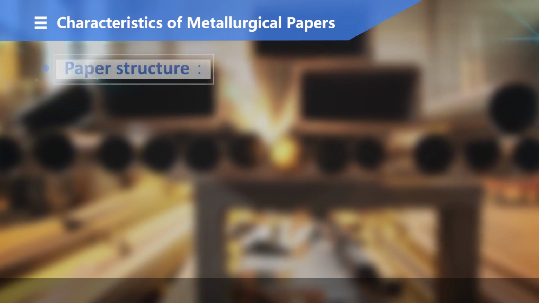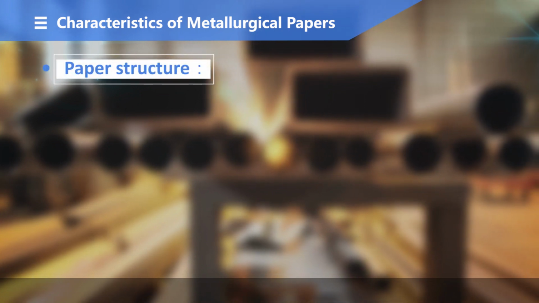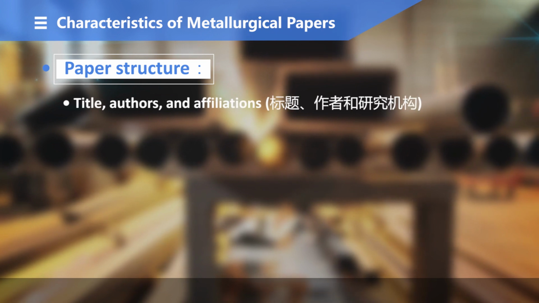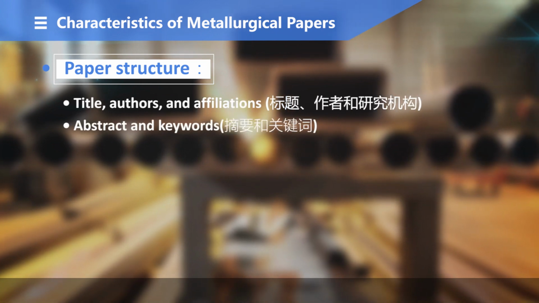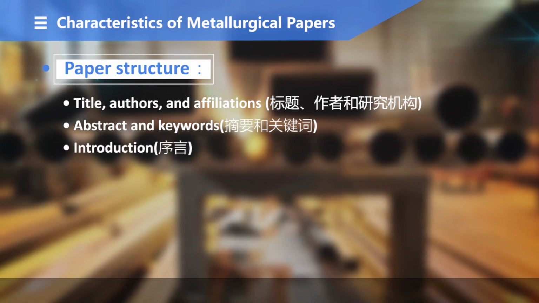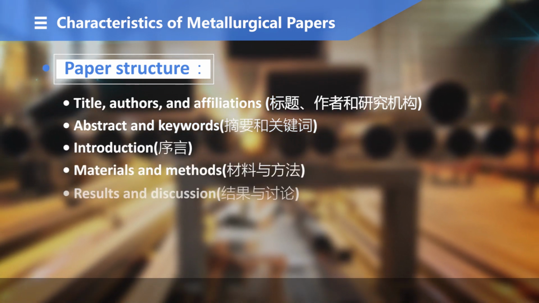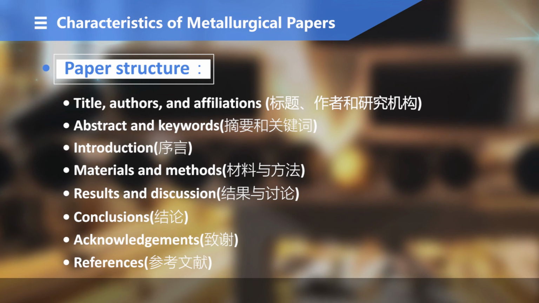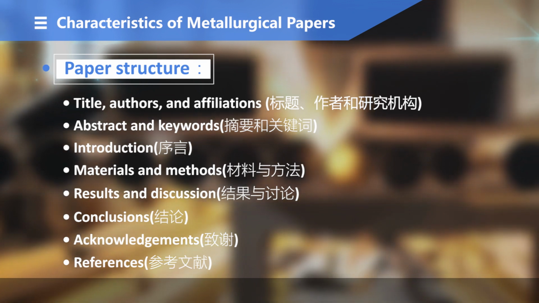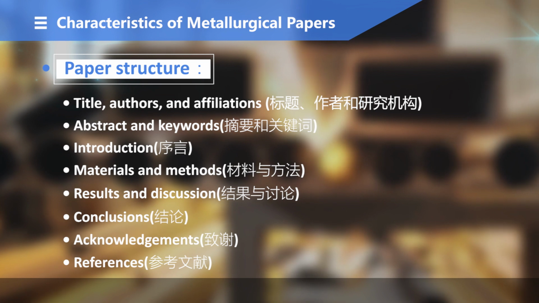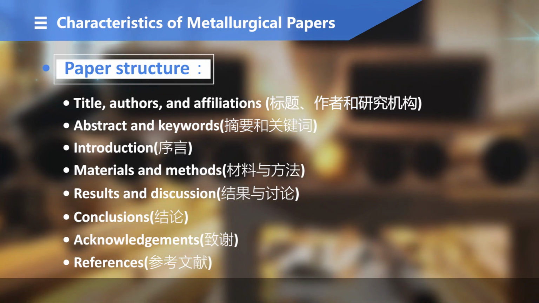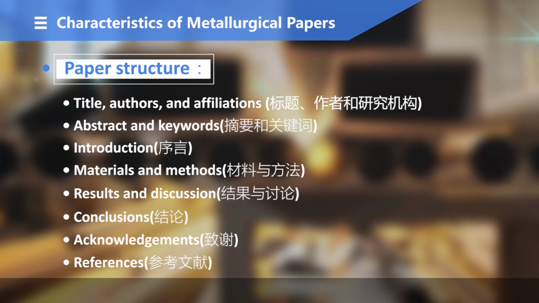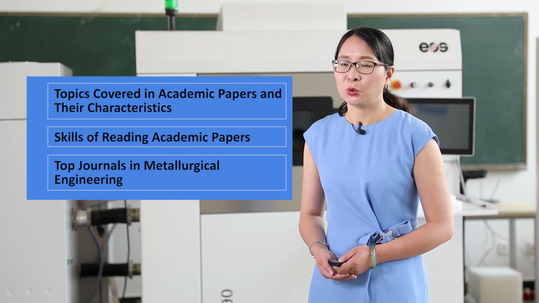Lastly, academic papers usually are written in a conventional writing style, including title, authors and affiliations, abstract and keywords, introduction, materials and methods, results and discussion, conclusions, acknowledgements, and references. In addition, 3 to 5 highlights are listed before the abstract in some special journals for the main research content, conclusions, or innovations. After being familiar with the contents and characteristics of academic papers, we will learn Part 2, skills